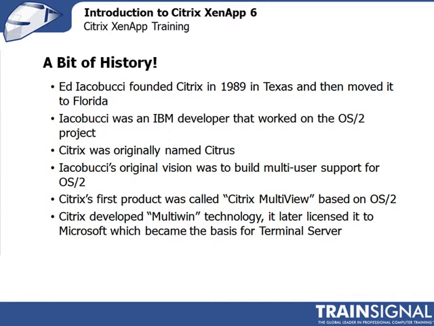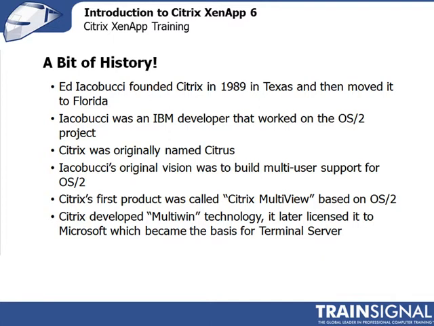Iacobucci quickly found out that Citrus, the name, was already spoken for, it was already taken. So the name Citrix is a portmanteau between Unix and Citrus. As such, you get Citrix. And this is kind of cool because a lot of the Citrix websites that you might visit will refer to themselves, or to each other, or to Citrix employees in general, as Citrites. You'll see that a lot. So just in case you come across this, at least now you know where the name came from, and why they refer to each other that way.